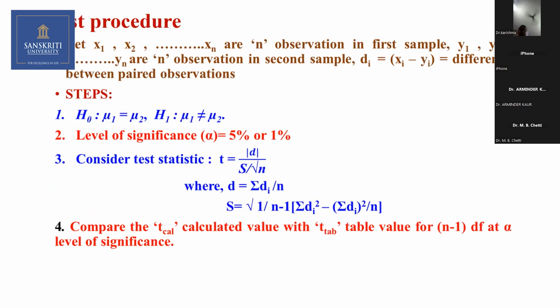And this test statistic T is equal to the absolute difference divided by the standard deviation over the square root of N. Don't memorize the formula, don't worry about this. Here, the difference is important. We assume that the mean difference before and later is 0. This is the main null hypothesis that we have.